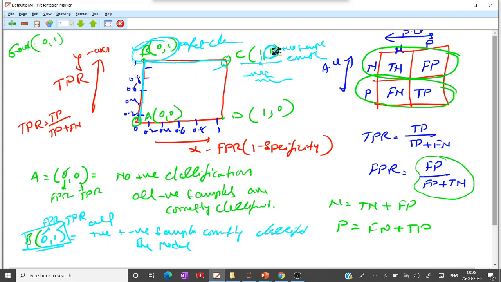Here positive samples are correctly classified. Why? Because TPR is 1.